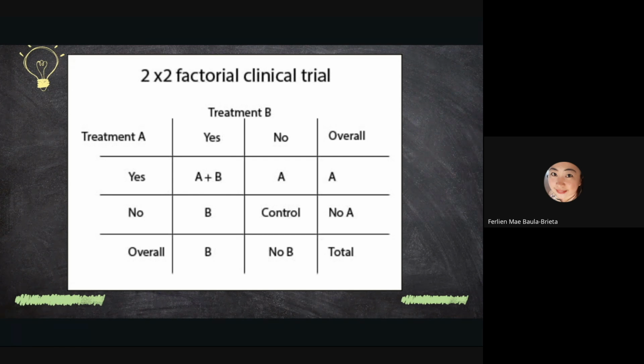Commonly, it is self-limiting, so we just manage it with zinc supplements and Yakult or some other probiotics. So there's a study that compared if zinc is given alone, if a probiotic is given alone, or if they're given together, or if nothing will be given, since we all know that viral infections are self-limiting.